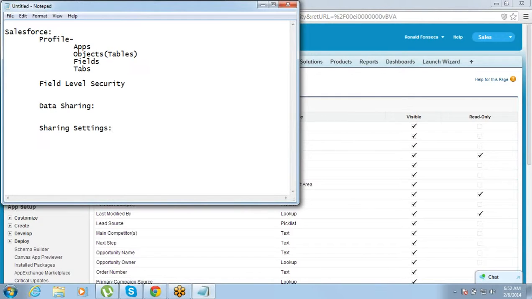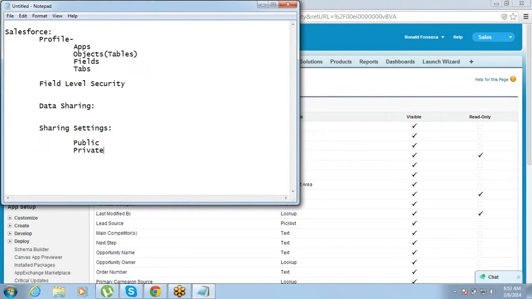So whenever you are defining the sharing logic, the first thing that you have to define for the sharing of any object is whether you want to make the data public or private. First point will be whether your data is going to be public or private.